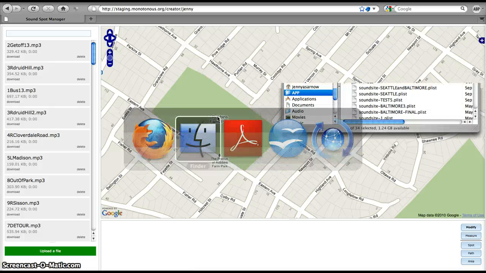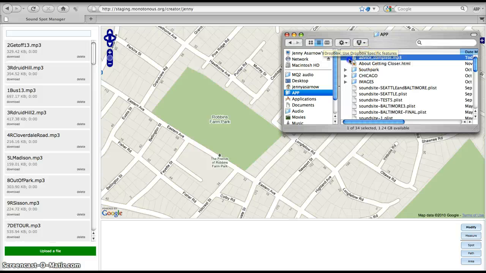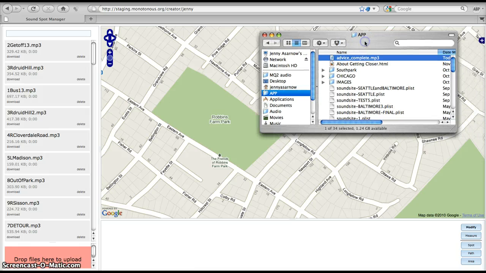So first I'm going to find the audio file. This is the sound that I've decided to use. I'm looking at my Finder window on the Mac. The audio file is advice_complete.mp3. I just simply drag and drop it onto this area of the application, upload the file,